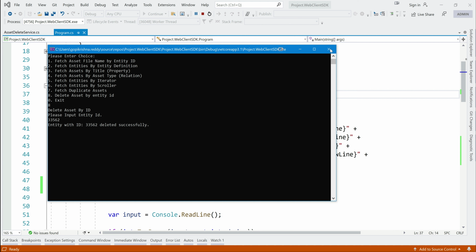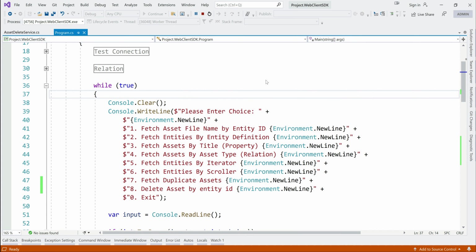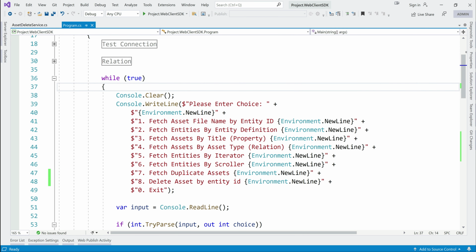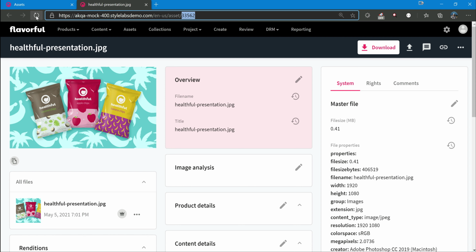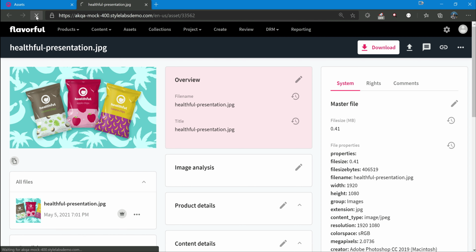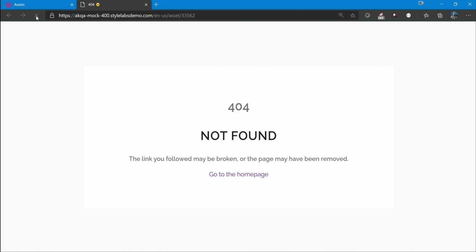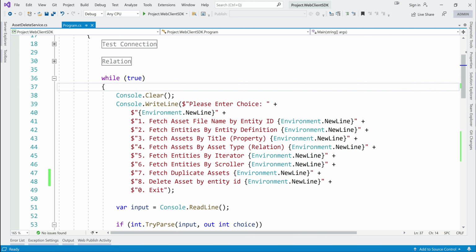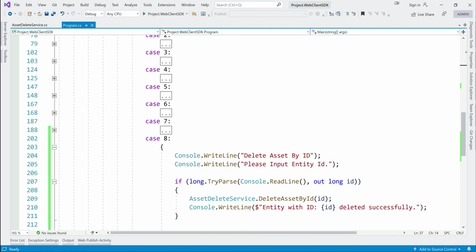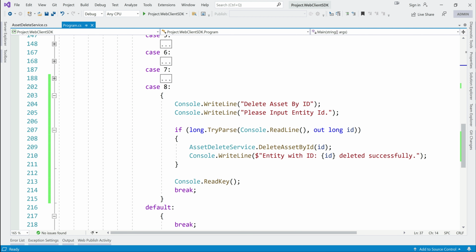Okay, let's close this and come back here and just try to reload. Yeah, as it is deleted, it is giving us a 404 page. Let's look at the code quickly. There is nothing much, as creation is always more difficult than deletion.